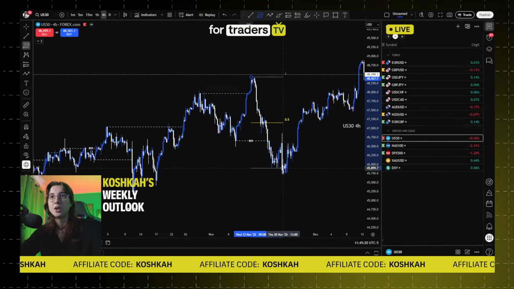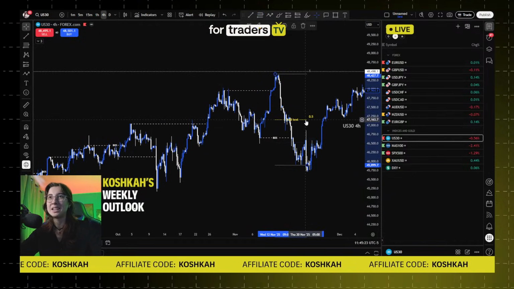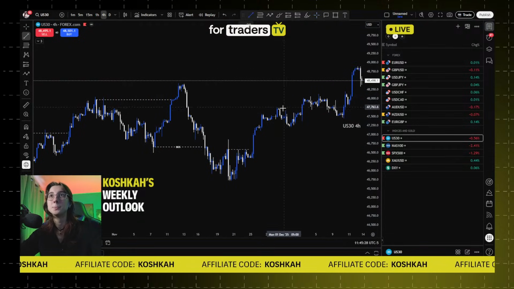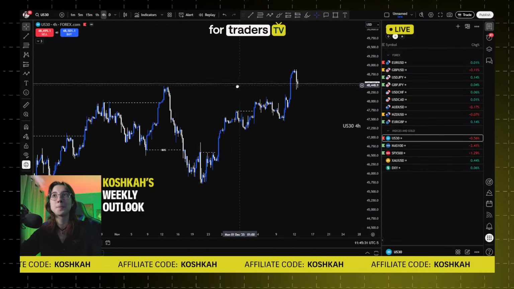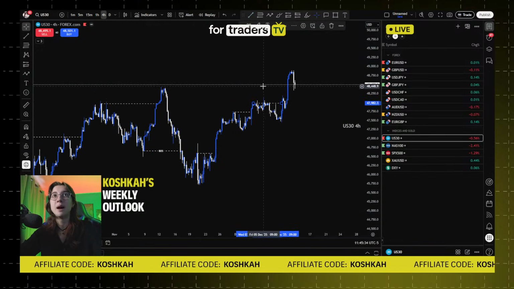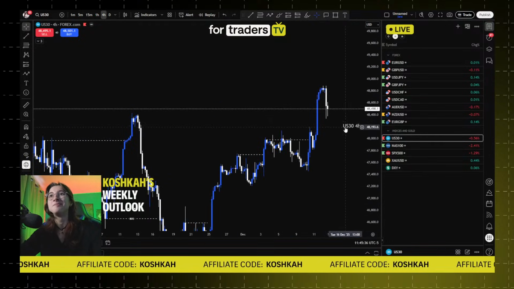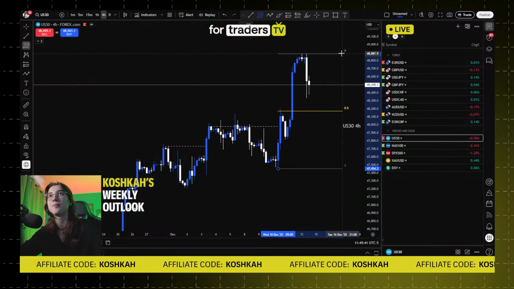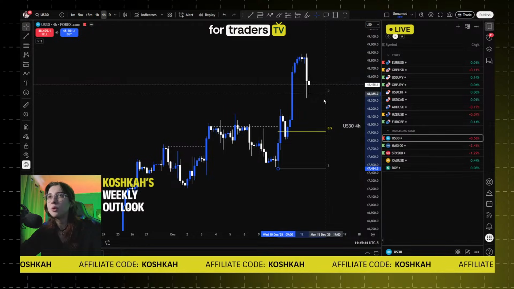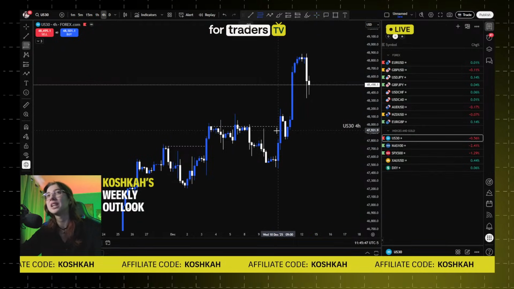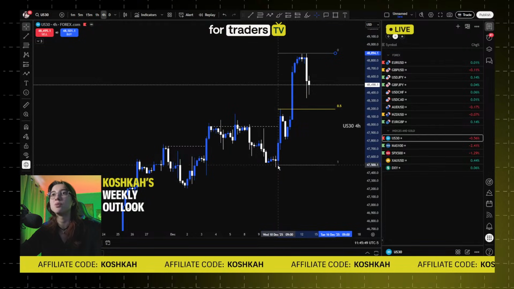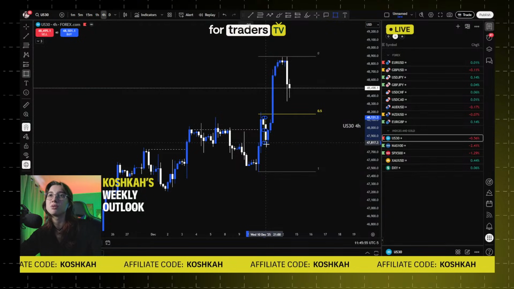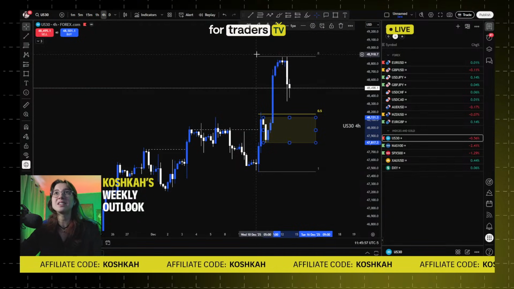Right here we had a little pullback and then we just started to push higher. So bam, bam, and bam. Okay, so the current US 30 range would be right here. Then we have a little pullback here too. Technically you can consider this as your new range, but it doesn't really change much, and that just looks like some inducement, so it's just better to consider it like this.